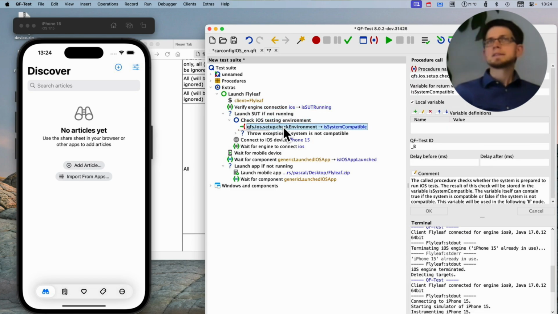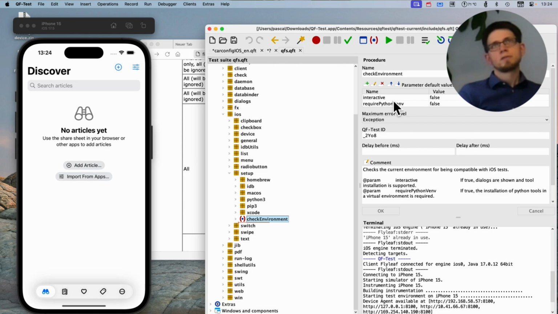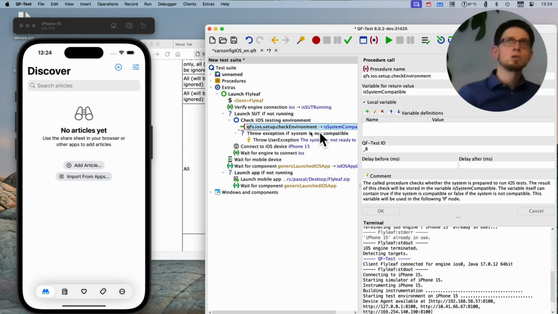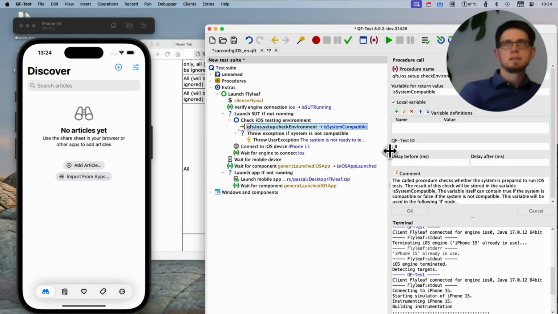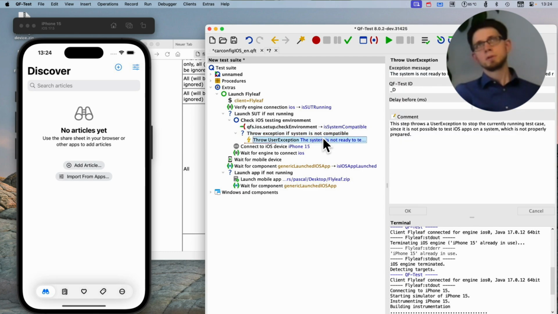Here it calls exactly the same procedure as it could call in the setup, with a small difference: there is a parameter in the procedure called interactive. When called from the menu, this is set to true, so you get all the dialogues helping you, and you get the installation information. During the default test here, this is not set to true, so errors will be recorded but not reported. Instead, this variable will be set to false, and then in the next step, we can stop our test